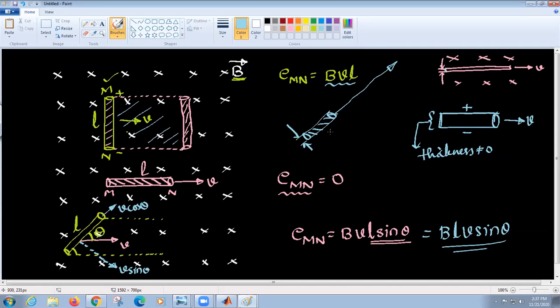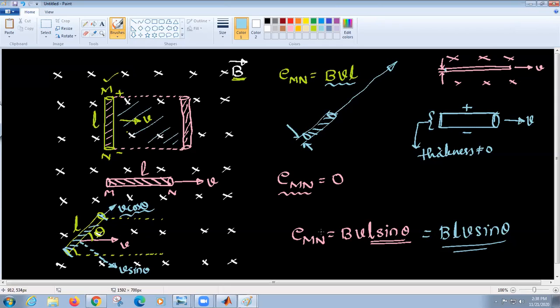But if you move your conductor this way, definitely EMF will be induced, because V sin theta is acting normal to the conductor. Therefore the entire conductor will come like this, and area will be swept by the entire conductor, so EMF will be induced. But in the other case, if the thickness is very small, it will not contribute to any induced EMF.